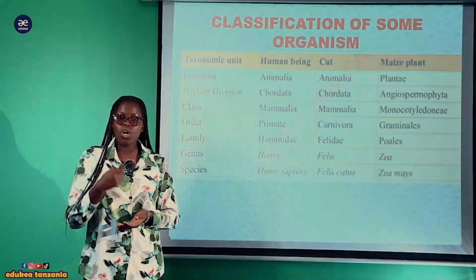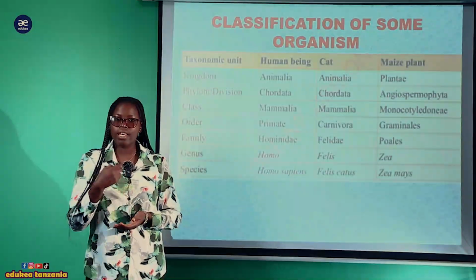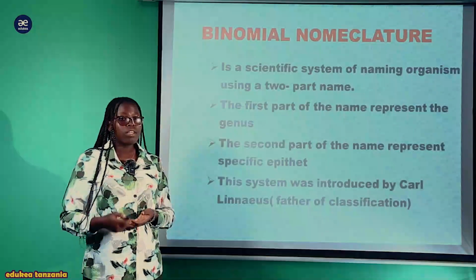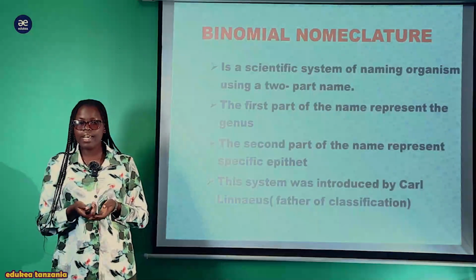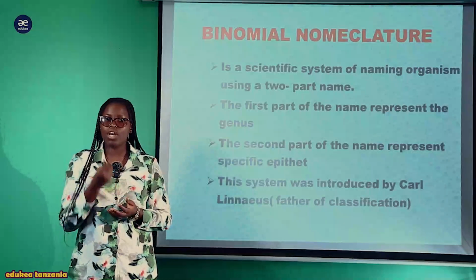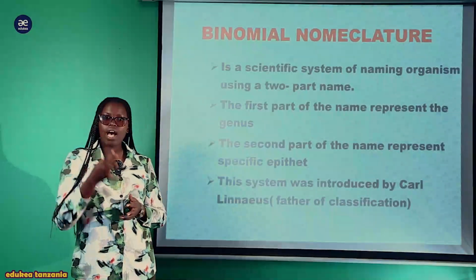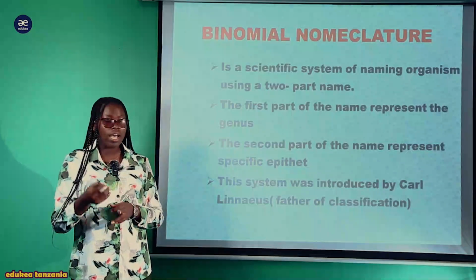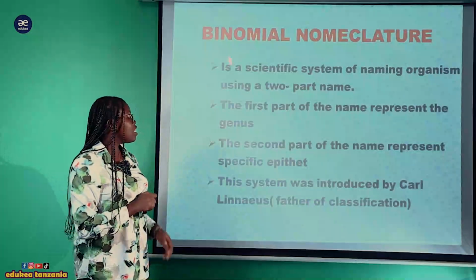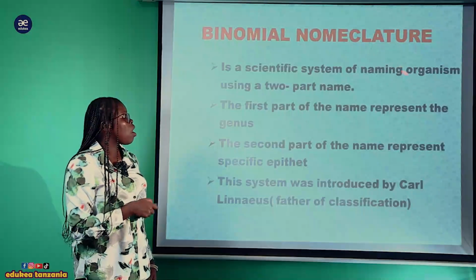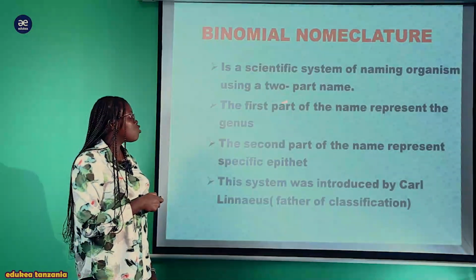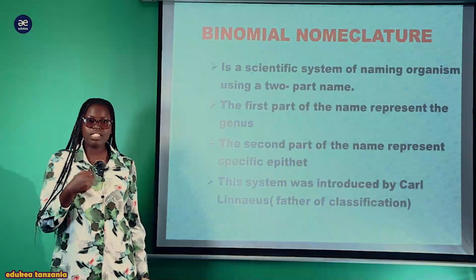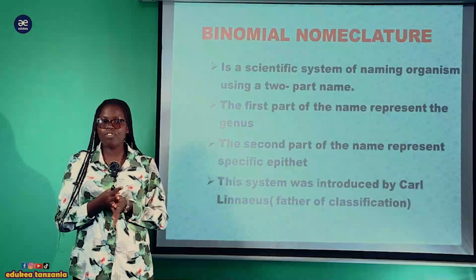Now, let us shift to our second subtopic, which is binomial nomenclature, where we'll become familiar with how we can assign the scientific name to different groups of living organisms. The binomial nomenclature, this means that it is a scientific system of naming organisms using a two-part name. So this binomial, bi meaning two. So with this system we will use two parts in the process of naming organisms. The first part of the name represents the genus, and the second part of the name represents the specific